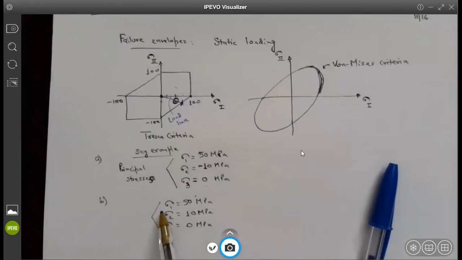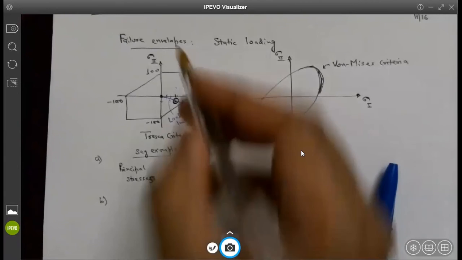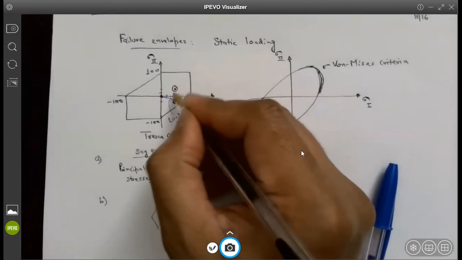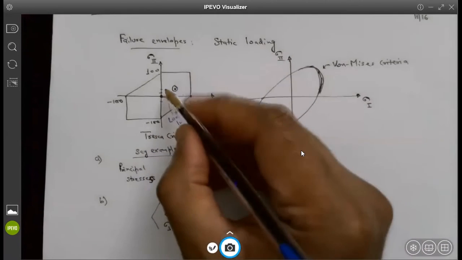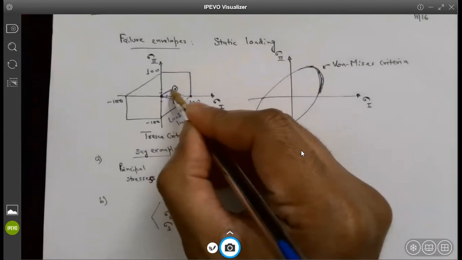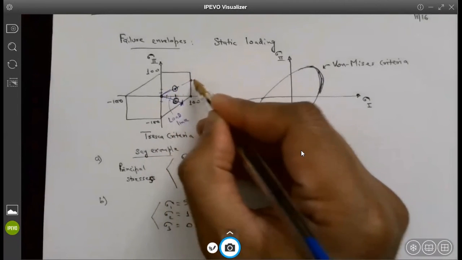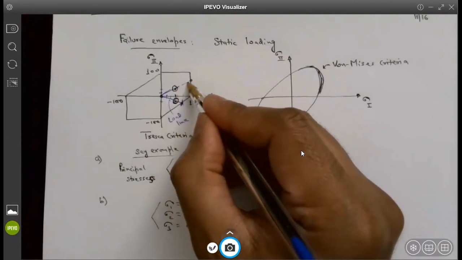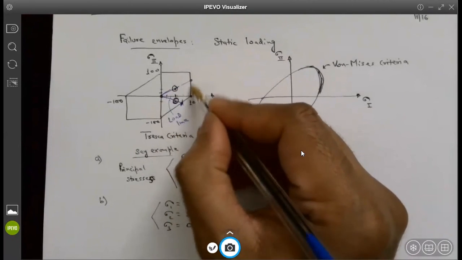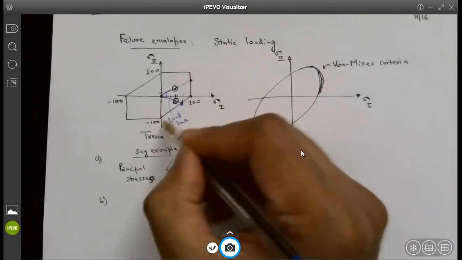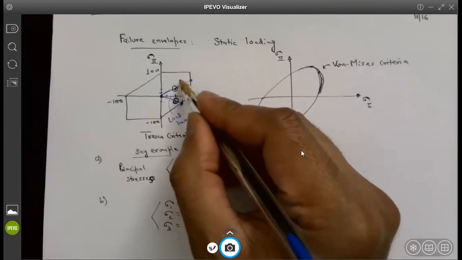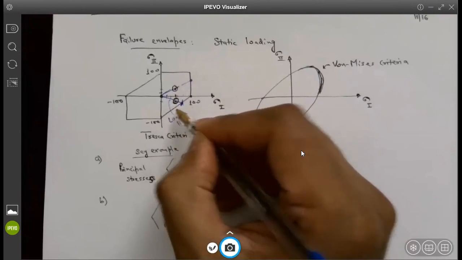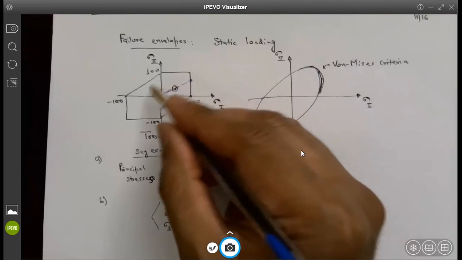Now, if I look at this specific situation, before I calculate the factor of safety, let me plot this point as well, which is sigma 1 of 50, sigma 2 of 10, and sigma 3 of 0. So if I have 50 here for sigma 1 and sigma 2 is 10, now I have this point in the first quadrant. The load line connects the origin to this point, and it extends till it reaches the failure line. You will see that this load line extends a little bit more, because now in this first quadrant, my failure envelope is a vertical line. Here it is an inclined line. So that means if I am in this first quadrant, then the factor of safety will be different from if I am in the fourth quadrant.